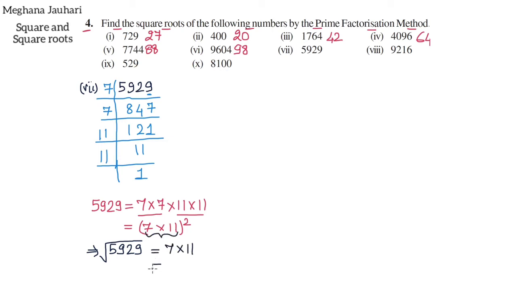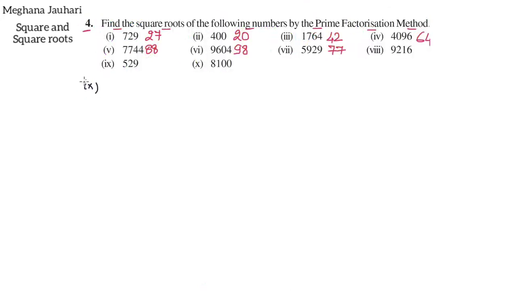Right. So what will we say? Square root of 5929 is 77. Clear? So in this way we find the square root of a particular number. Now moving to the next question. In part 9 we have